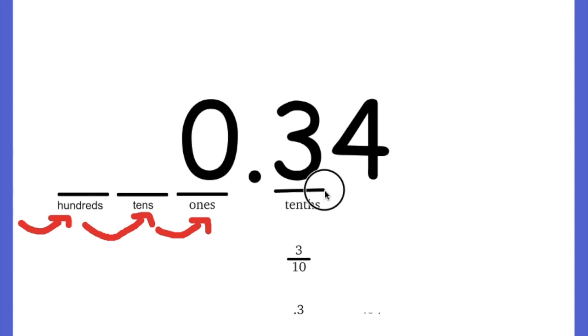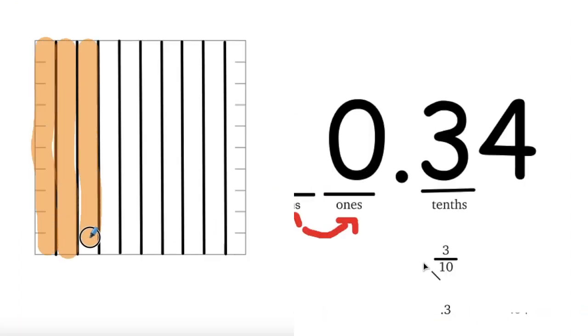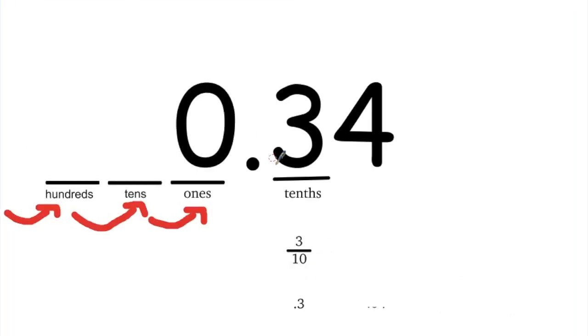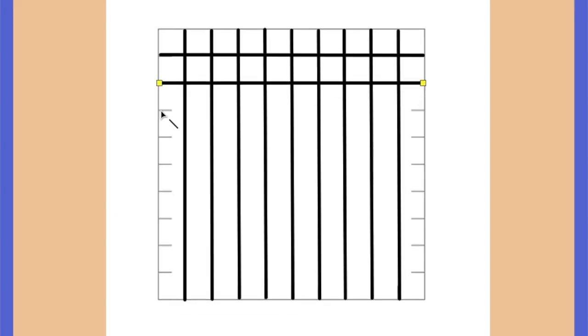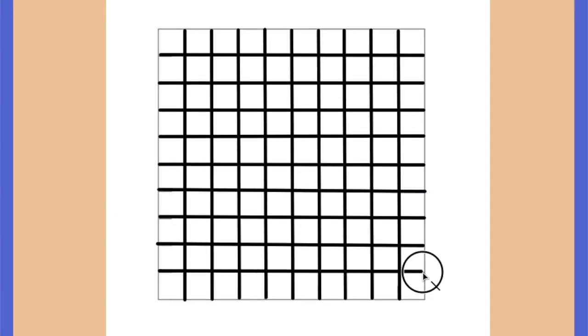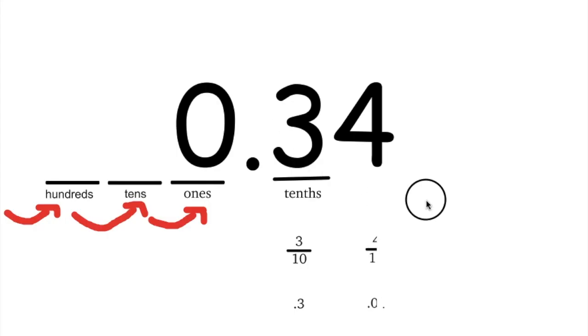This 3 is the tenths place, which can be represented as a fraction, 3/10, or as this decimal form right here, which we can call 0.3, but to better our understanding, we will call it 3/10. If we take tenths and divide by 10 again, that's right, we would get